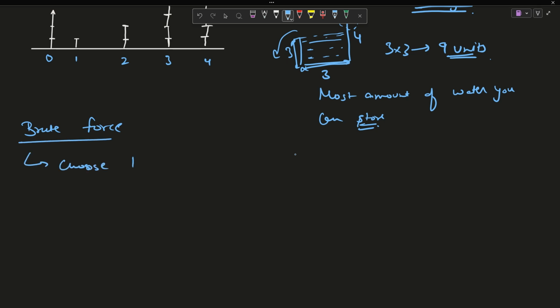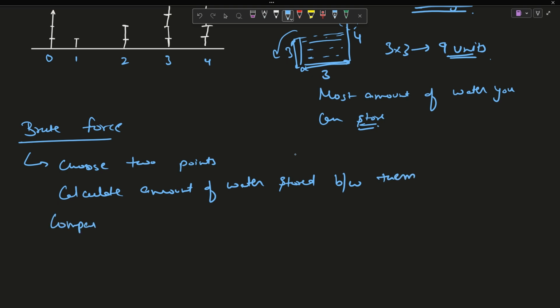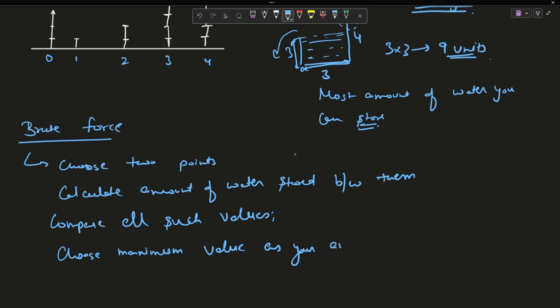Choose 2 points, calculate the amount of water stored between them, compare all such values, and choose the maximum value as your answer among them.